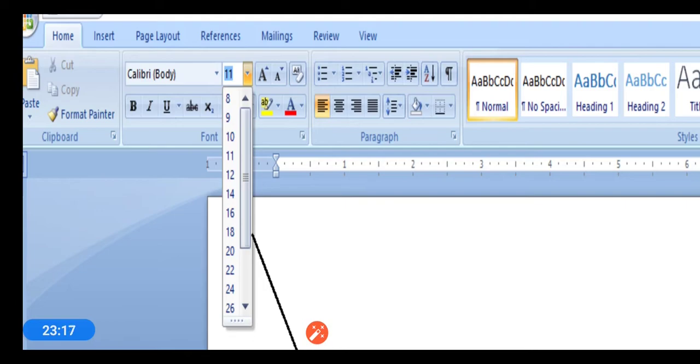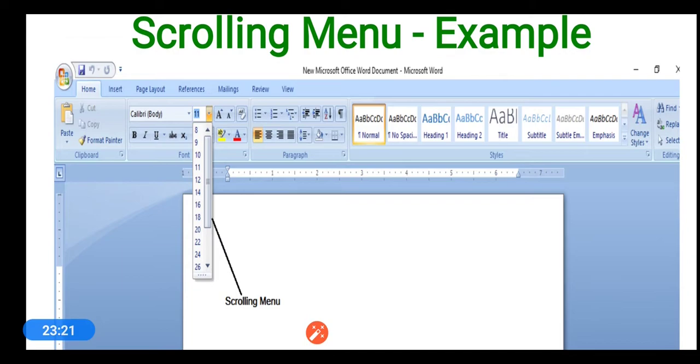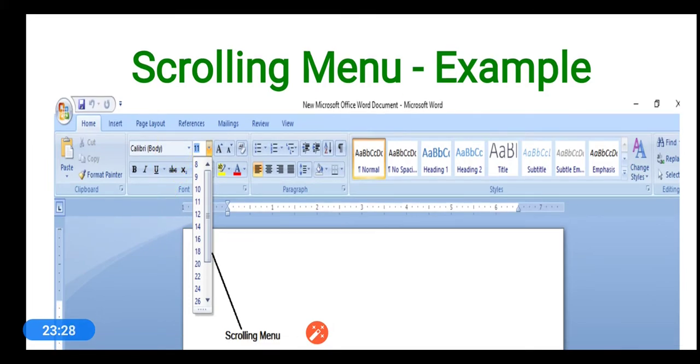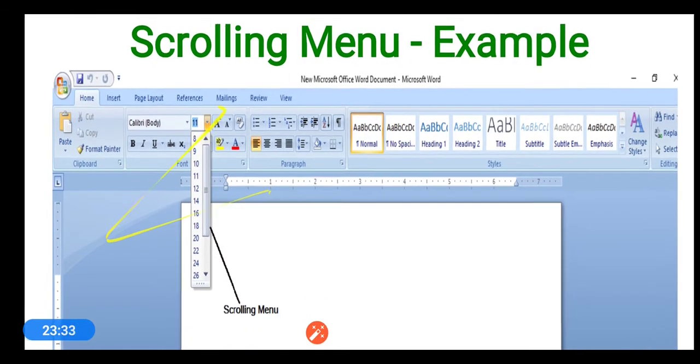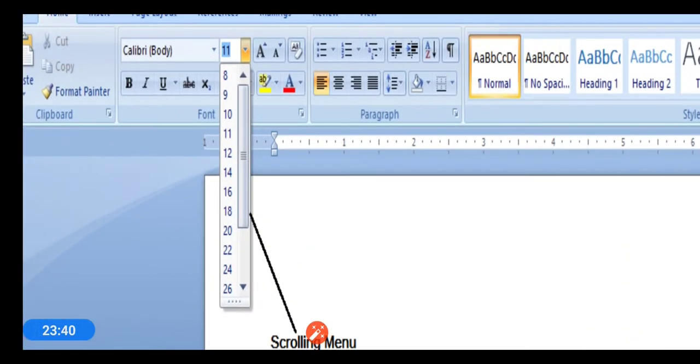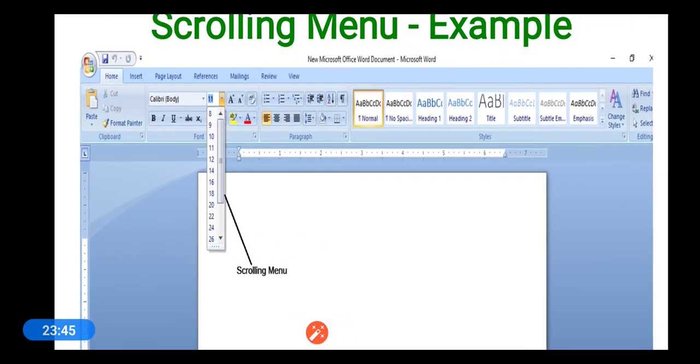Rather, if we use a scrolling menu, we can display our menu items in this manner. See here, you can see a scroll bar, right? So this is the scroll bar, and it represents a kind of scrolling menu.